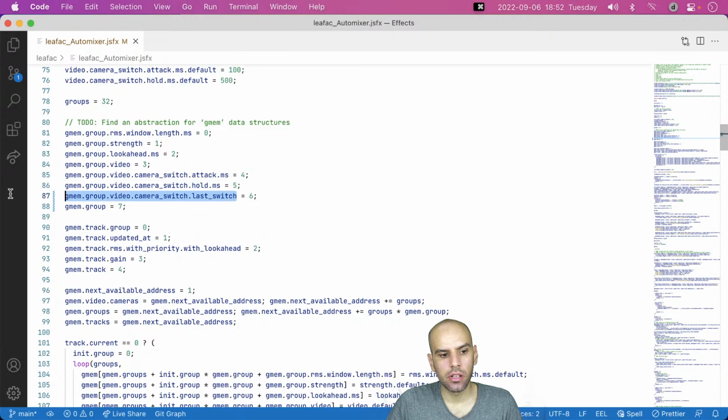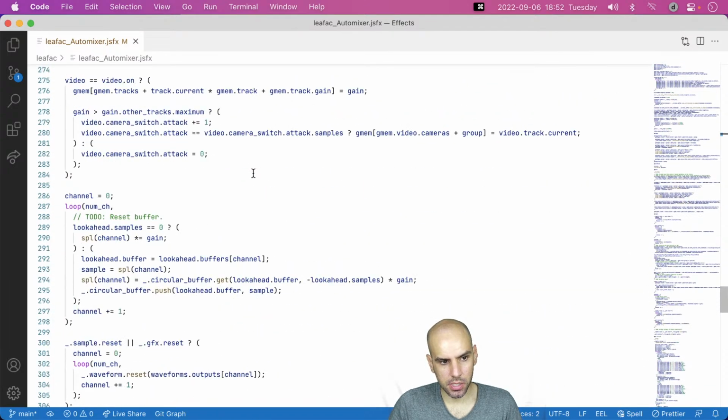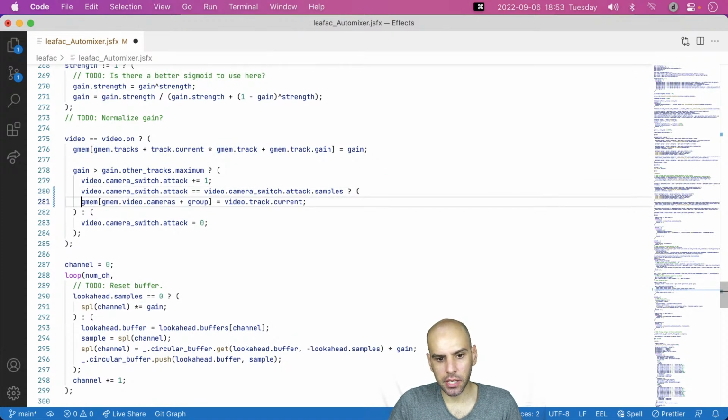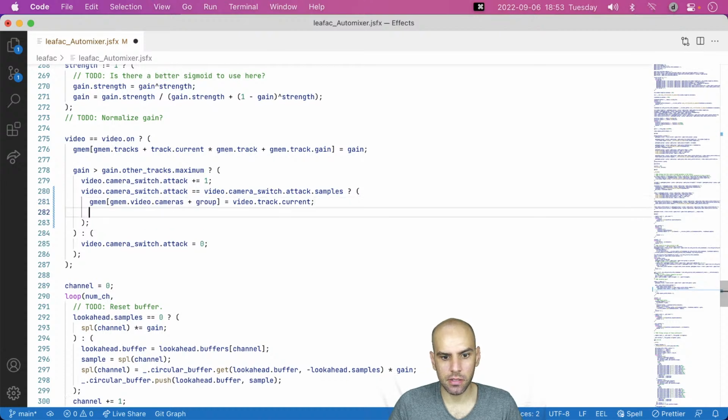And the first thing is I need to write the current time to this variable when I do a camera switch. So let's go way below in the code and find the place where we do a camera switch, which is right here. At this point, all the conditions have been matched, and the plugin instance is ready to claim itself as the current camera that is showing.